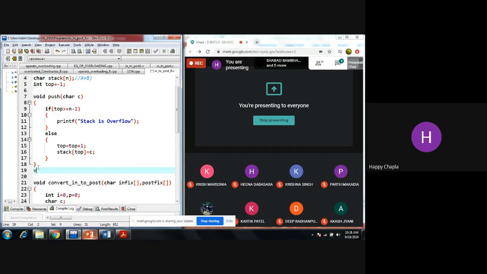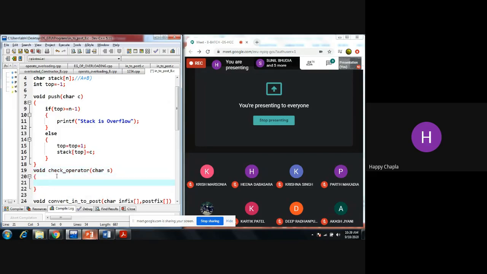So void check operator. Whatever character is coming from here, we need to check it over here. So if my s is equal to the power sign, or my s is equal to multiply,